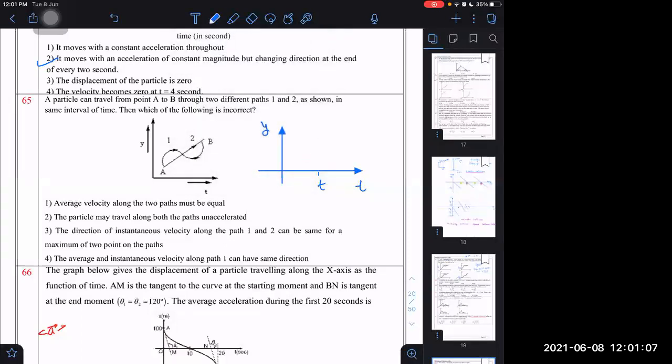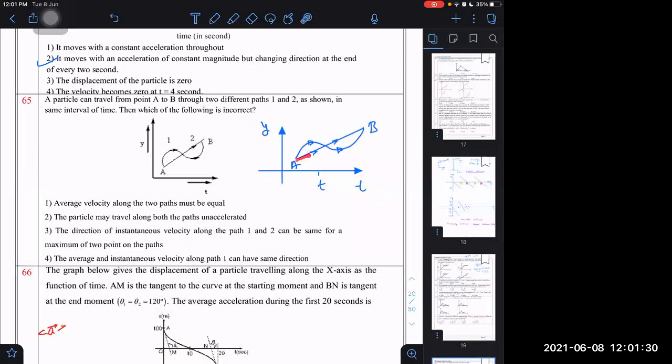The earlier diagram is not right. That diagram should actually be something like this. Yes, okay, that is the correct diagram. So it is A and it is B, and this is one path here. One path is curvilinear and the other is a straight line path. A to B straight line.